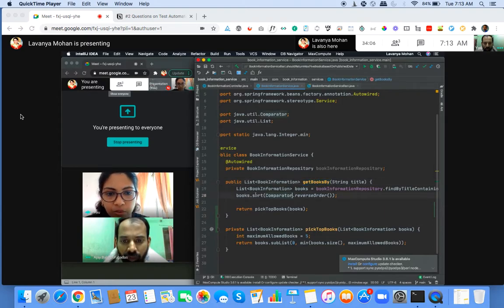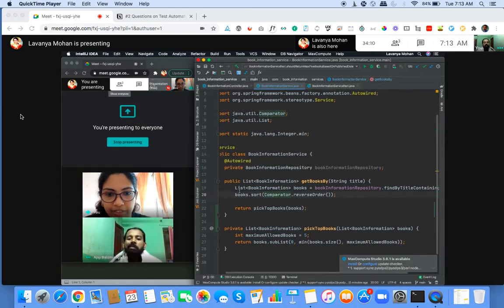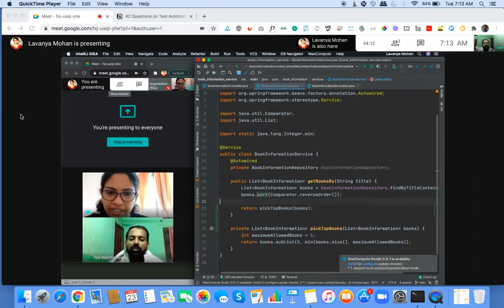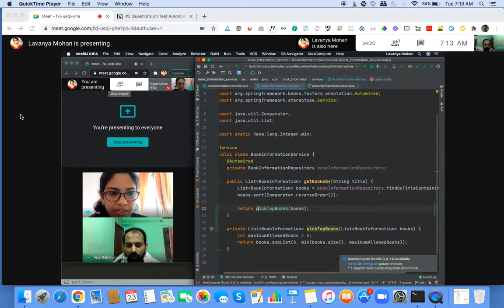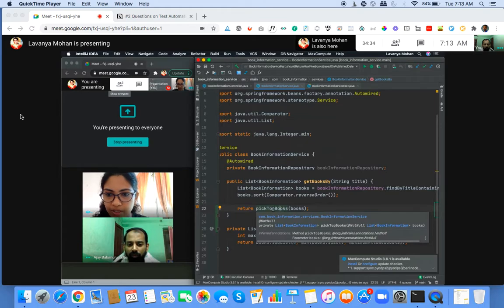But if you just look at it from a readability point of view, then it feels like there is some logic that does the picking of the books. And to a person who is maybe reading for the first time, it might be enough to say, oh, okay, this is finding, sorting, and picking books. How it's picking books is probably not important for them to know. So in that sense, having some level of abstraction will make it easier for people to read.